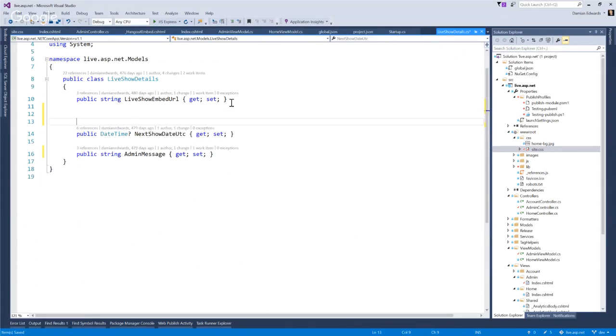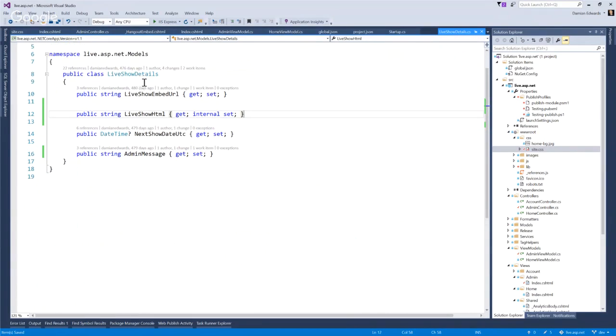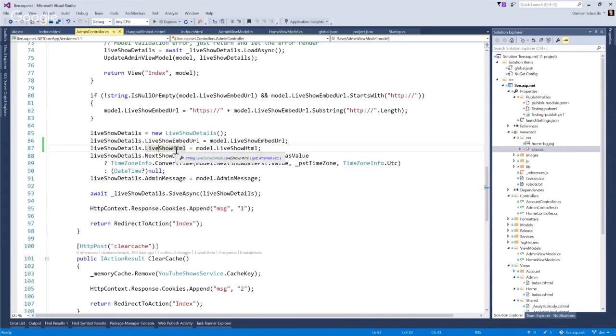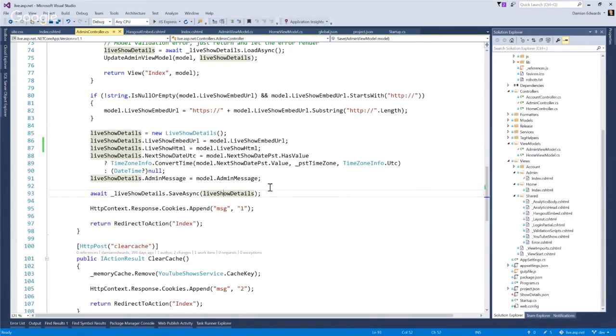All right, so this is the actual thing that gets persisted to whatever is set up as the persistence mechanism. It's usually Azure Storage, but locally it just goes to a JSON file. So live show HTML, blah, blah, blah. That will get saved. It gets saved to live show details. I actually have that file down here. So in theory,